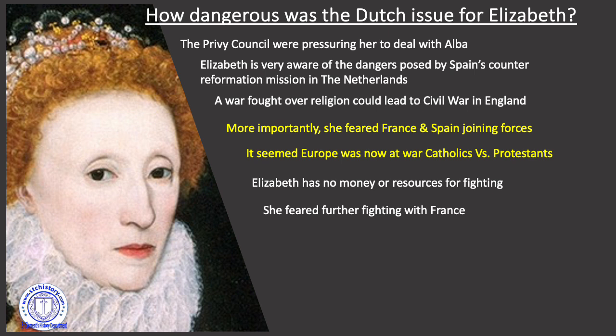So Philip is probably more worried about England and Elizabeth joining with France than she is. But again, remember that England being a dog between two bones, that's just how she likes it. She's going to try and play these off against each other. Hopefully that means that they'll be too busy with each other to ever worry about England. And of course, at all costs, she needs to avoid a war. She's absolutely skint. So I feel like it's quite clear, isn't it, that the Dutch issue is very dangerous for England and Elizabeth. Maybe you might argue there's more potential for danger, but still, potential can very quickly become reality.